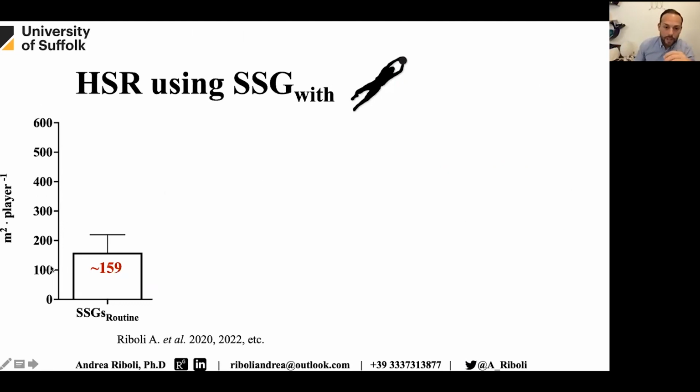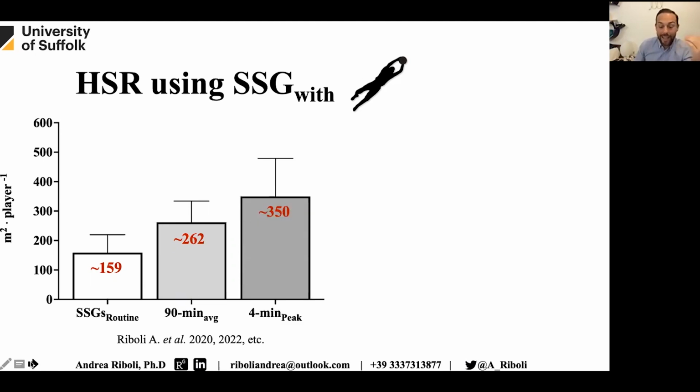Therefore, we found that in routine practice using small-sided games, about 160 meters squared per player is usually utilized. But to replicate high-speed running distances, to replicate the 90-minute average match demand, we need about 260 meters squared per player. But if we want to consider the pitch size to replicate the 4-minute peak, for example, we need